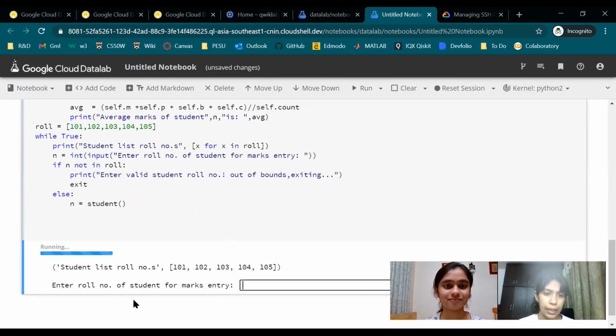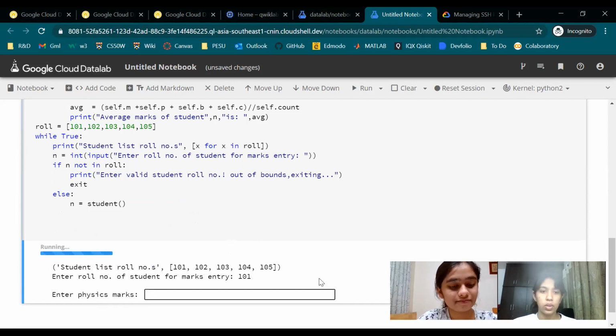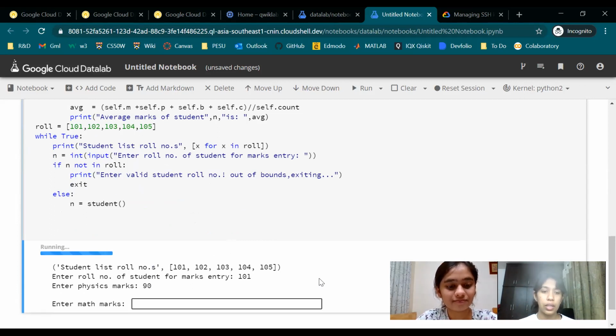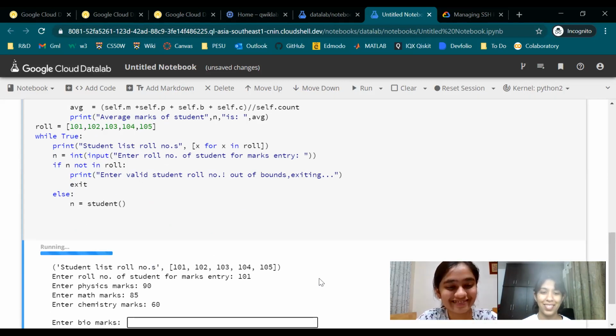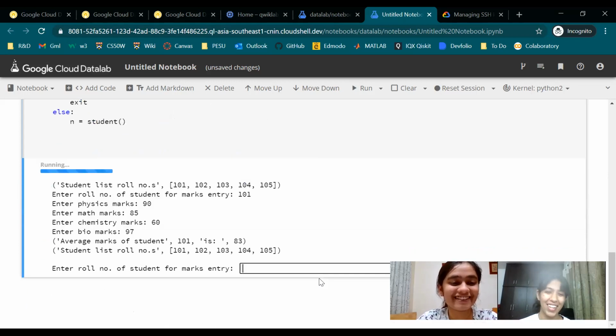Ishita, will you run it? It shows that there's already a list of roll numbers of five students. She entered 101, and since it's a valid one, it's taken it up, and now she's entering physics, maths, chem, computers, and bio marks. And then it just gives an average.